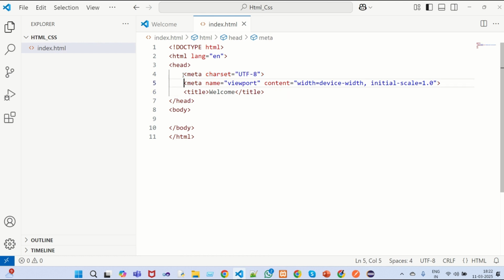Okay, and as well as this meta name viewport, we have content width equal to device-width, initial scale equal to 1.0, like that they wrote, right? For what purpose are we using this? Once you create any web page, suppose I'm going to open this web page on our mobile, or on our tab, or on my television, each and every device has a different height and width, right? So it will automatically